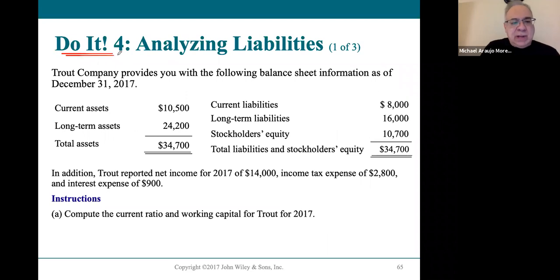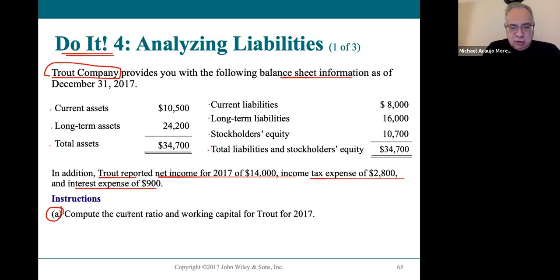We're at the end of learning objective 4. And as you see, this is really all about ratios. So here is Trout Company. They have the following balance sheet information for you here. Your current, long-term assets and total assets are listed here. Current, long-term liabilities, stockholders' equity, and the total liabilities and equity are right here. In addition, you have information about Trout. They have net income, they have an income tax expense, they have an interest expense, and then so we go